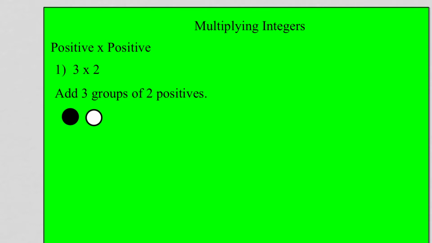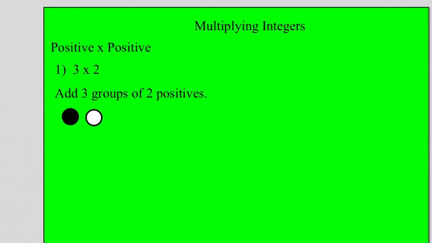We have started now multiplying integers. And the goal of today's lesson was to sort of discover the rules for multiplying integers. So what I wanted to do first with the kids was start with a very basic one, a positive times a positive. And what I actually wanted to do first was talk about the different ways we can write a